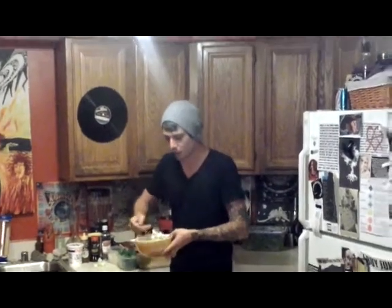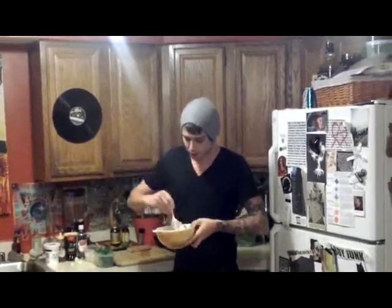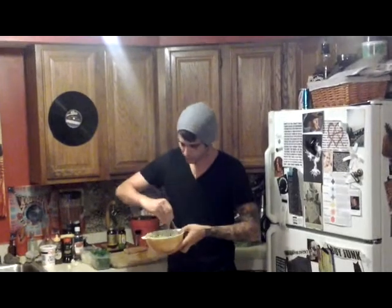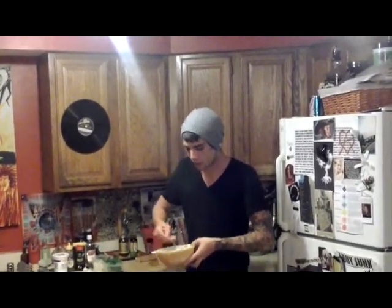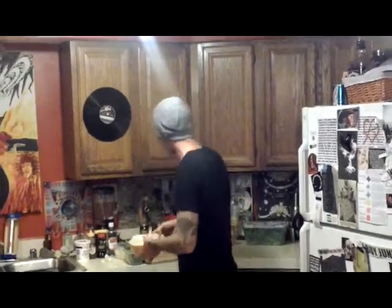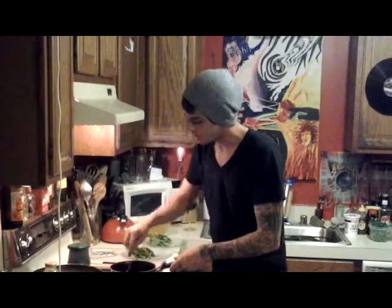We've got a lot of nice colors in here. We've got reds, greens, whites. Oh god, it smells delicious. Alright, so now that we've got this fully mixed in and incorporated, we're going to begin plating. Alright, and so now we're serving our forbidden rice. You can see I've put spinach on the plate so we can add a little bit of height and depth to our plate. So, what we're going to do,